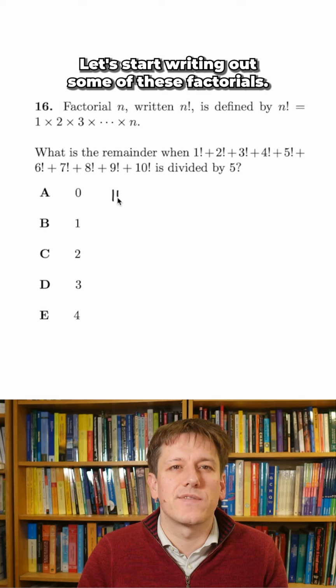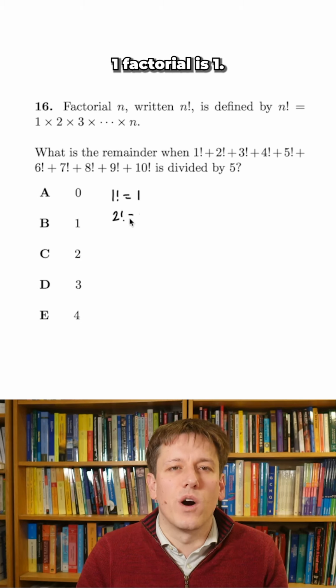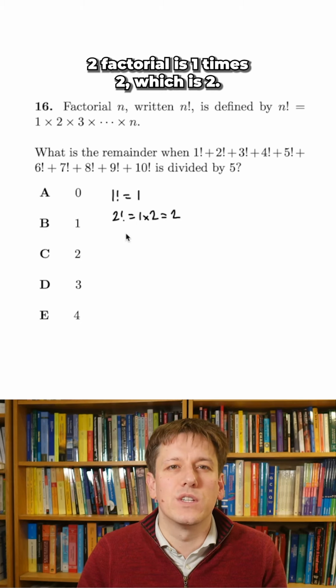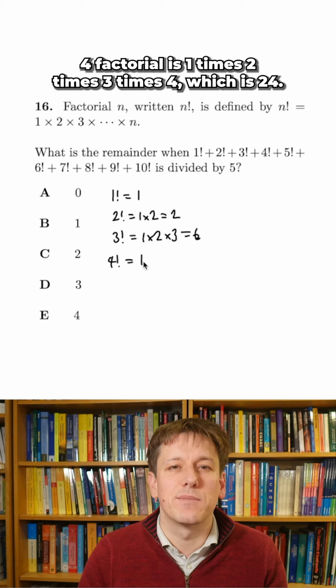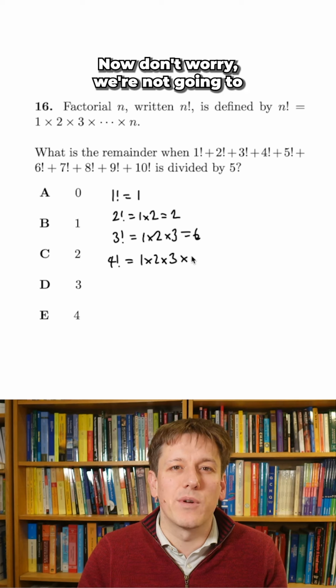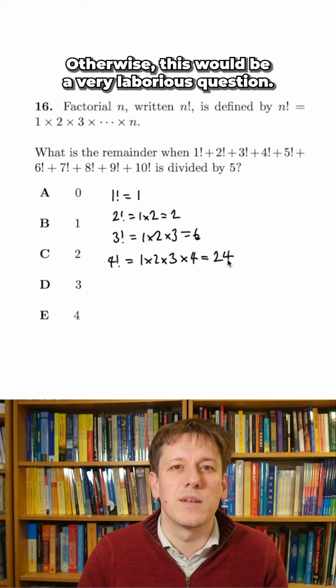Let's start writing out some of these factorials. 1 factorial is 1, 2 factorial is 1 times 2, which is 2, 3 factorial is 1 times 2 times 3 equals 6, 4 factorial is 1 times 2 times 3 times 4, which is 24. Now don't worry, we're not going to have to write them all out, otherwise this would be a very laborious